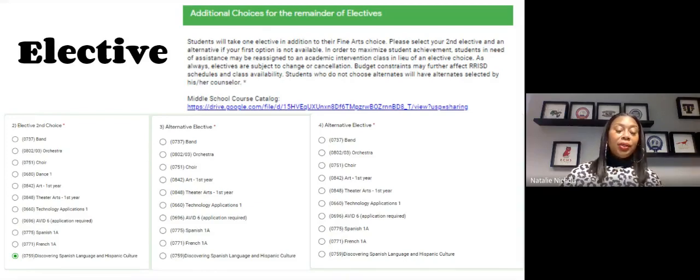Another thing to know in regards to Spanish and French, we slow down the pace a little bit more for our students in languages in middle school. So we usually, for a course, 1A is first semester and 1B is second semester. We take those courses, and that's typically how it would work in high school.